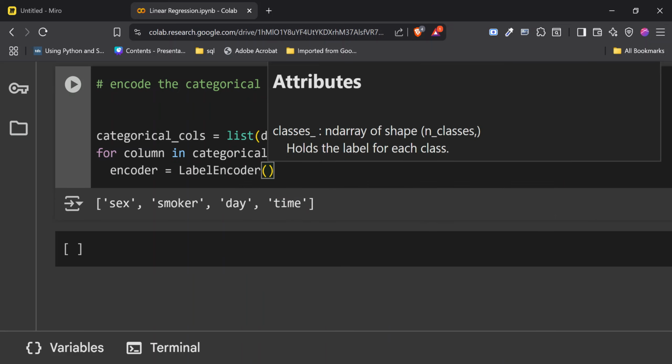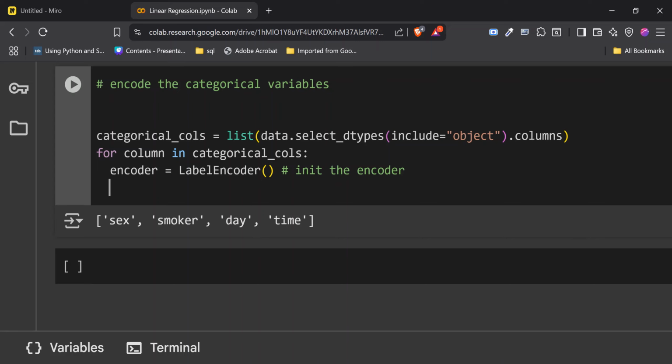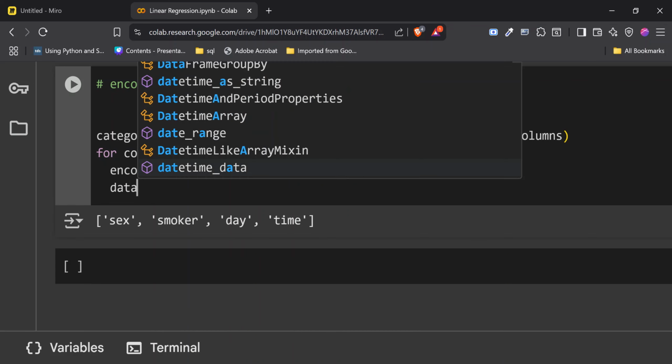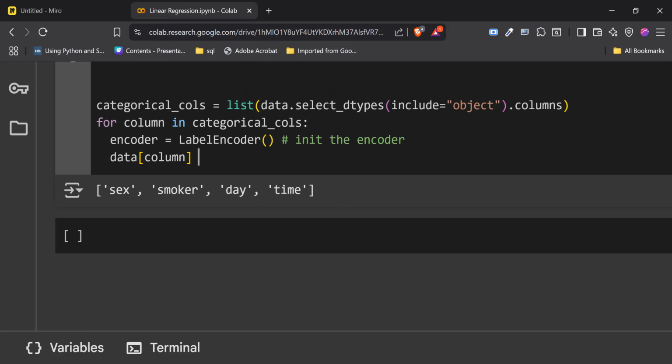So, from object-oriented programming, this is a class, right? And for you to be able to create an object of a particular class, the first thing you do is you initialize it. You create an instance of that class. So that's what we are doing here. We are initializing the encoder, right? So the next thing that we're going to do is say data of that column, which when it starts is going to be sex.